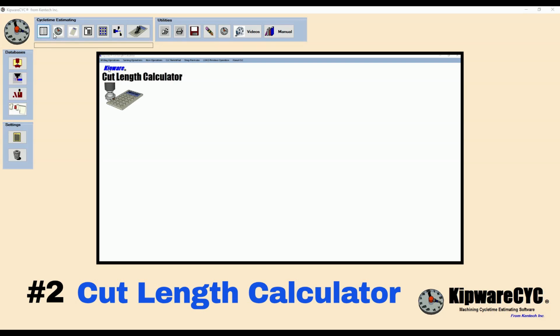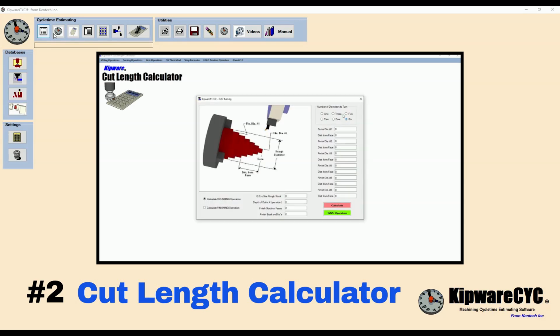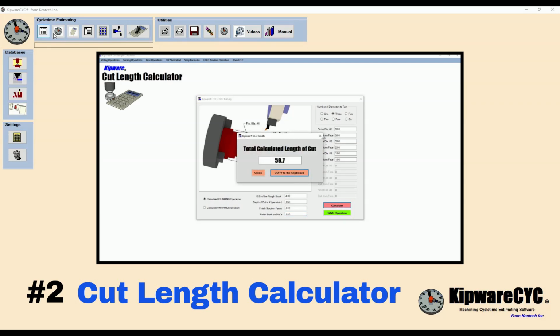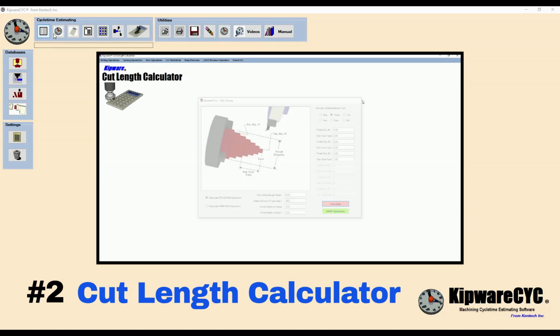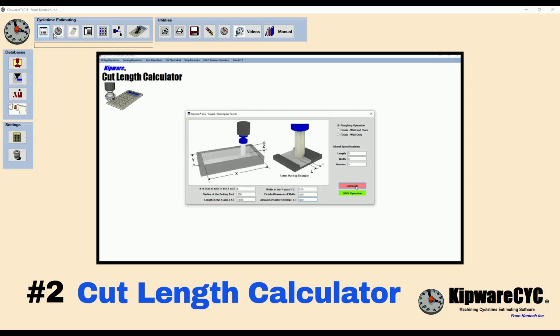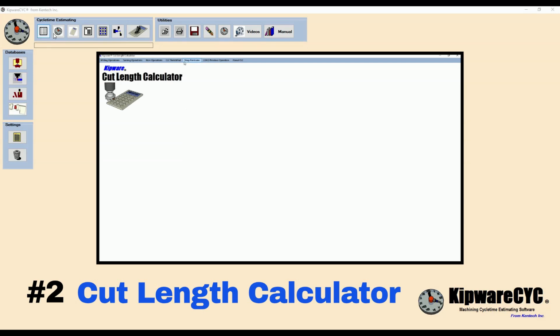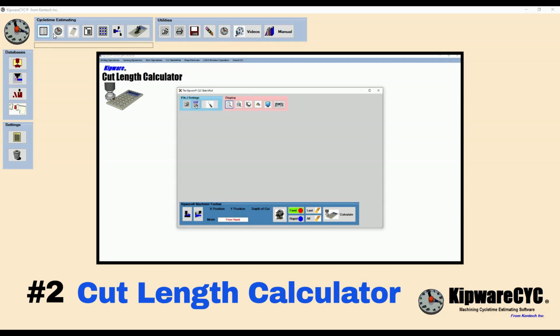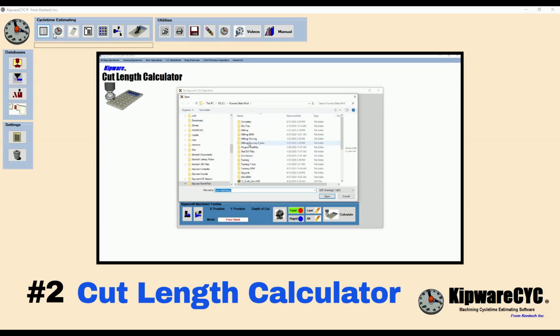Number 2, the cut length calculator. Any estimator worth his or her salt will tell you that the most accurate way to estimate cutting cycle time is using the amount of time the cutter is engaged in the cut. CLC uses a conversational or fill-in-the-blank approach to assist users in determining the length of cut for tools and operations in the estimate. This application illustrates our KipwareCYC philosophy of getting a cycle time as close to actual as possible